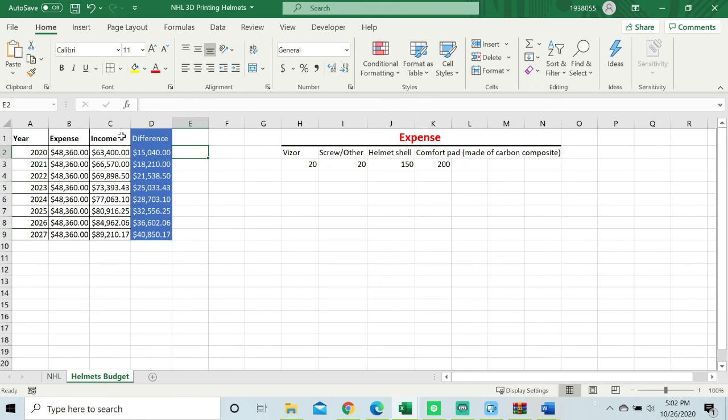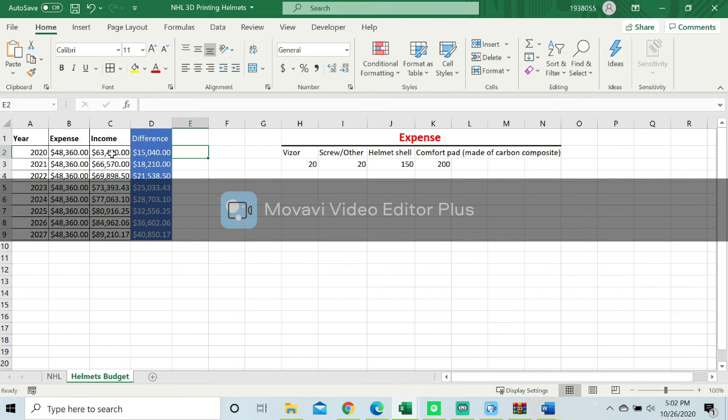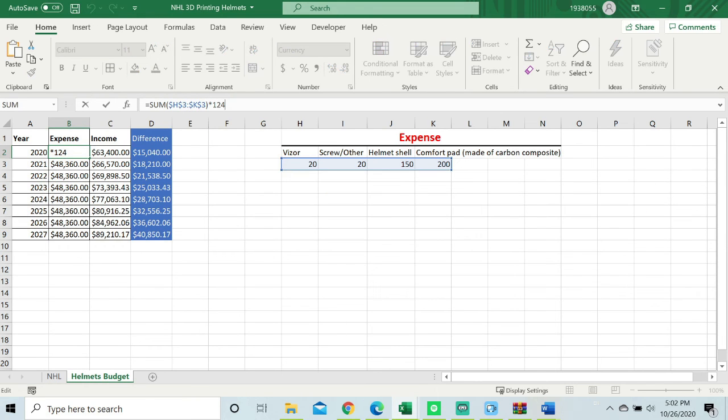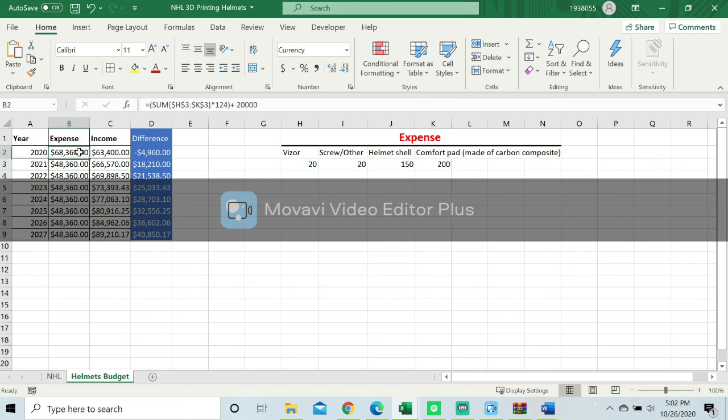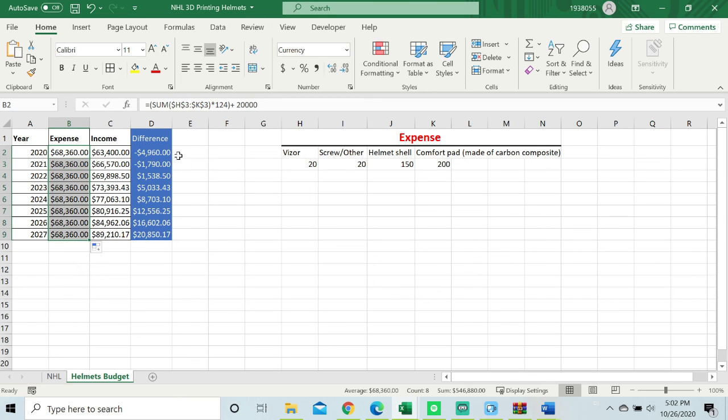Then I can show you how to do conditional formatting. In fact, conditional formatting is, let's say I am increasing the expense by $20,000. Then there will be a difference here, of course, but I can select conditional formatting, so